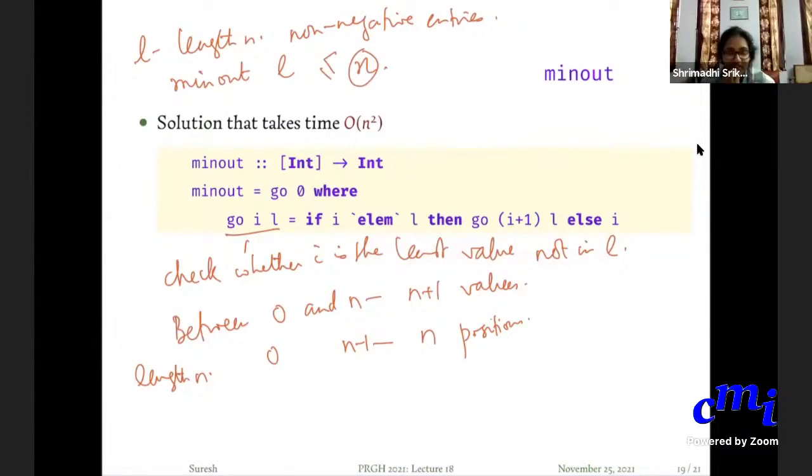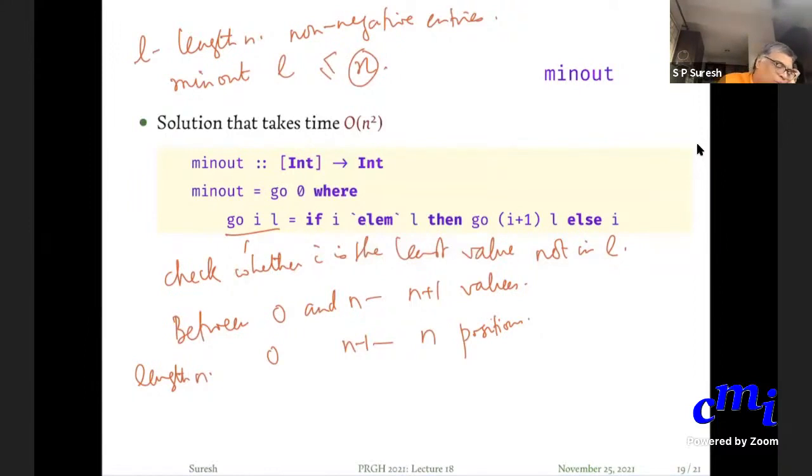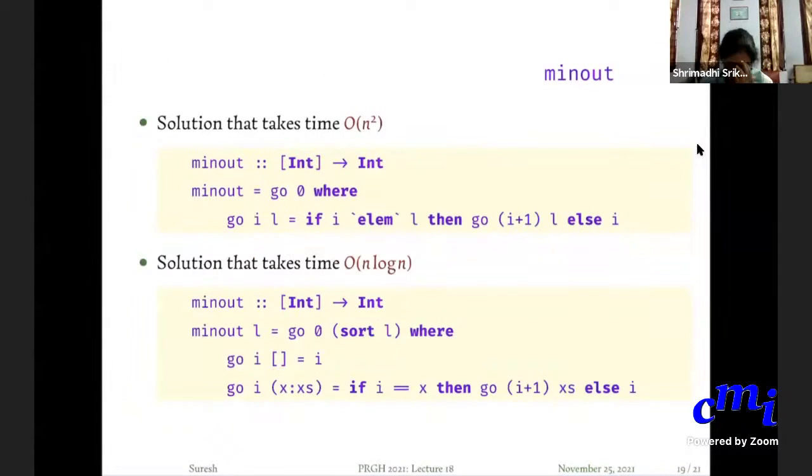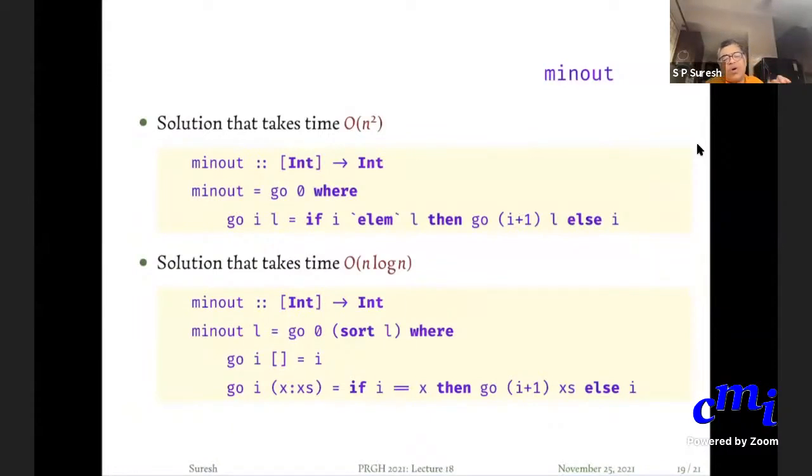So you sort the list and take the minimum, and if it's 0, then you give 0, and if it's not, then you give 1 less. Yeah, if it is not 0, then you say 0 is the minimum thing that is outside. But otherwise, even after you sort, you have to search for the minimum element that is not in the list, but the search is linear. So I'll show you how the search proceeds. First sort the list, and then you start with 0. If the list is non-empty, then compare I and X. If I is equal to X, then I know that I is present. Then I'll check whether I plus 1 is not present.